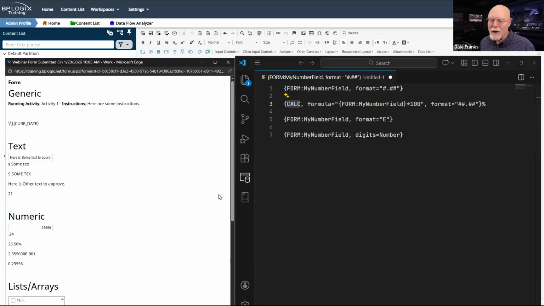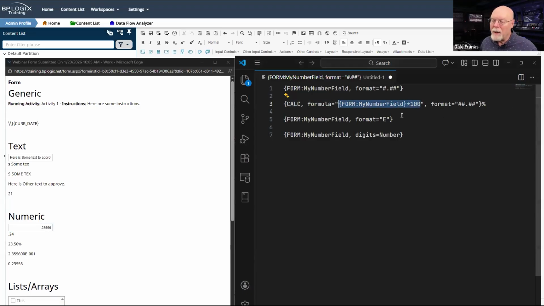So that's what we're doing. We're doing a calculation. So we're slowly getting back to this percentage here. And so because I've got 0.23556, I want to pull a calculation field and I want to do a little math. So I have the formula property for my calc field, and here's my formula.